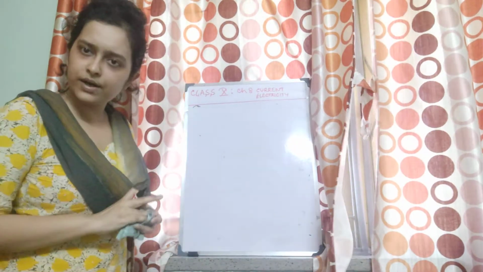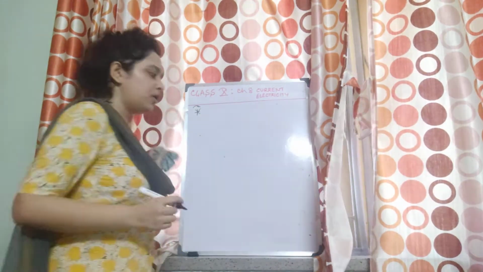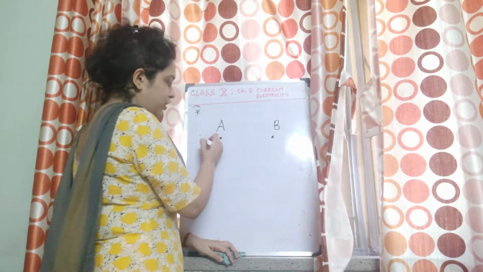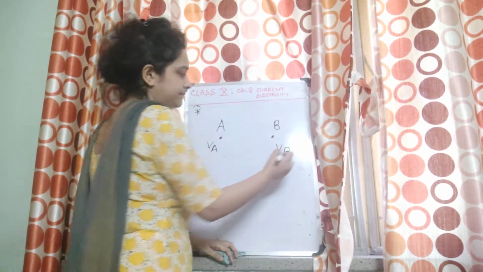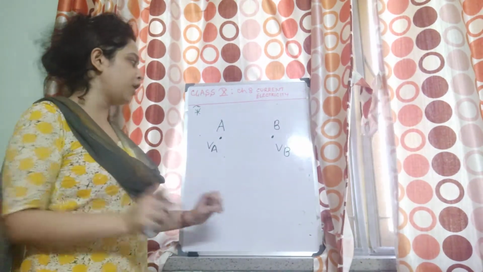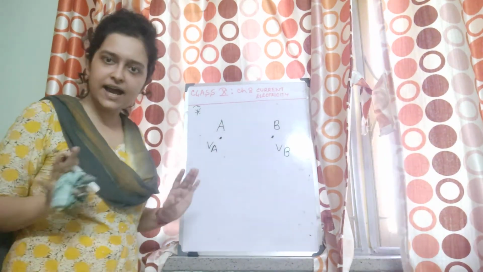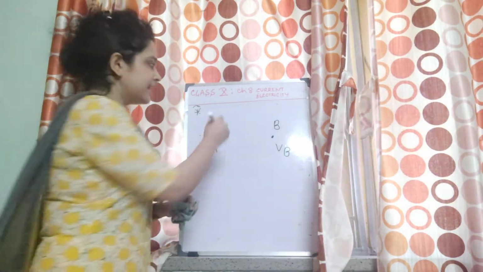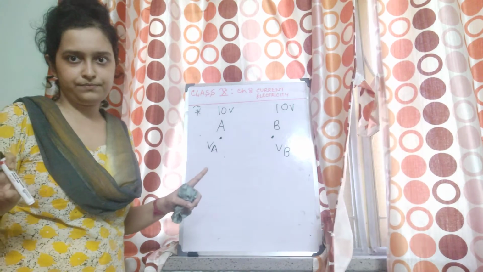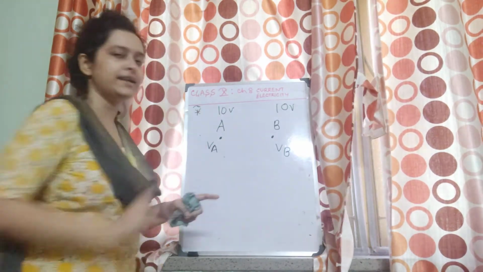Now then, potential is also a scalar quantity. This also we have learned, potential is a scalar quantity. Now, what about if you have a point A and a point B? Here you have got potential VA and here VB. How will the charges flow, and under what condition will the charge flow from say A to B? If there is any difference, then only, right. Otherwise, if both are at the same potential, say this is also at 10 volt, this is also at 10 volt, will any charge flow? No. Charges only flow when there is a potential difference between 2 points.